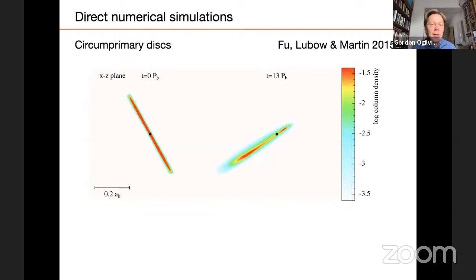Another interesting recent development has been, well, it involves a combination of warping, or at least tilting, and eccentricity. So this is SPH simulations of a disk around a star in a binary system. And here the disk is initially tilted at a large angle with respect to the binary plane. So larger than 40 degrees, we'll see is important, because after a number of binary orbits, the disk becomes highly elliptical.